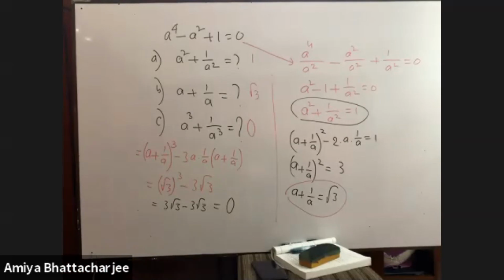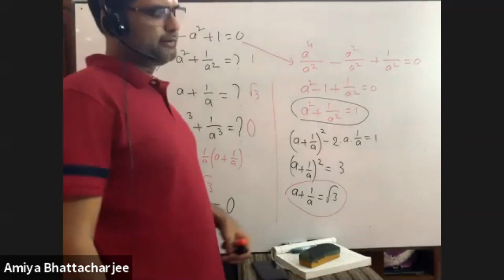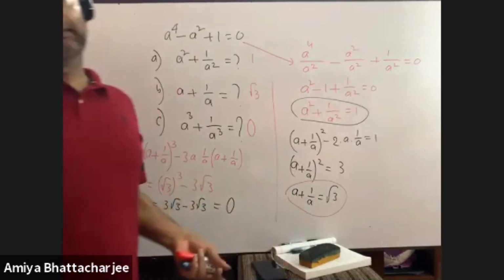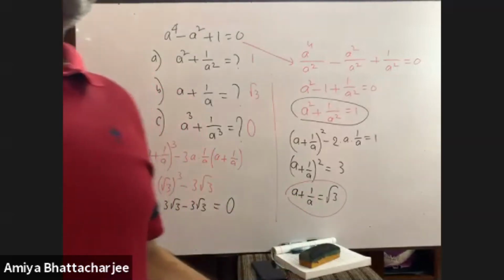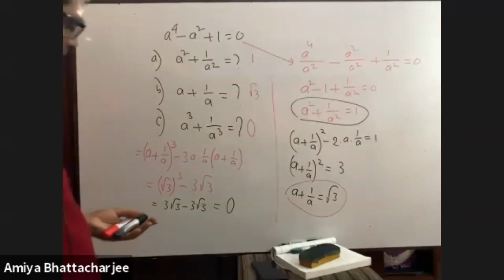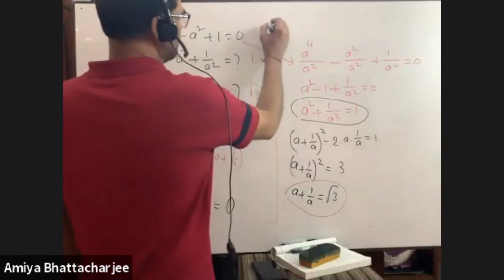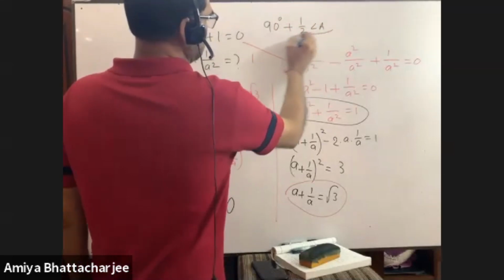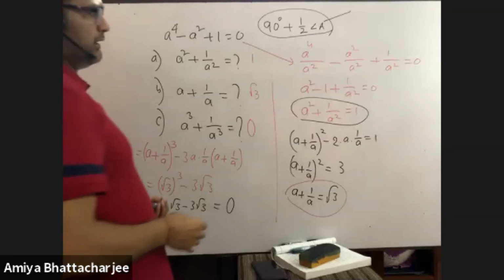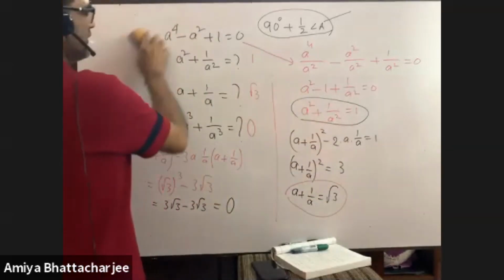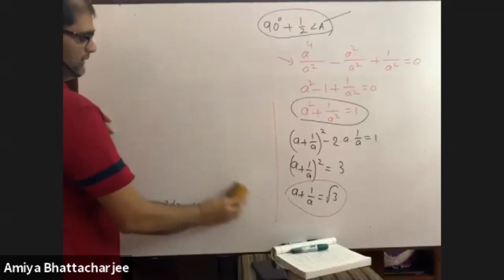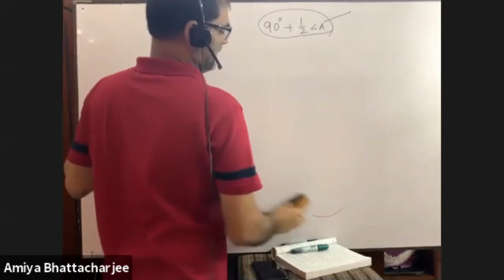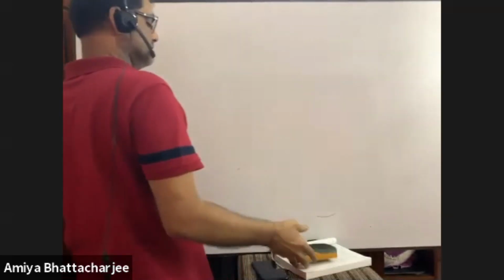Can you remember, in my last class, I mean on Monday, I showed you some MCQs regarding 90 degree plus half of angle A. If the value of A is given, then what is the value of angle BOC? Can you remember the application of this 90 degree plus half of angle A? One or two maths will be given on this, okay? A will be given, you have to find angle BOC. Please follow that class, okay? About 3-4 MCQs will be given from that class.